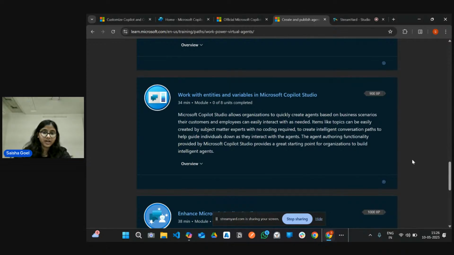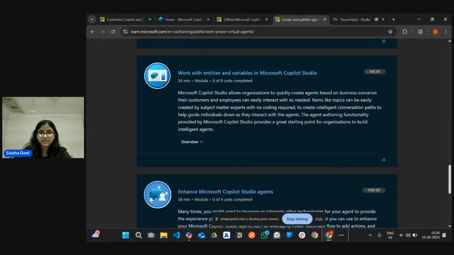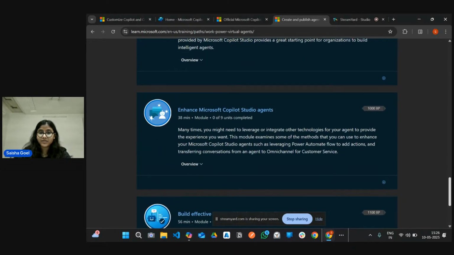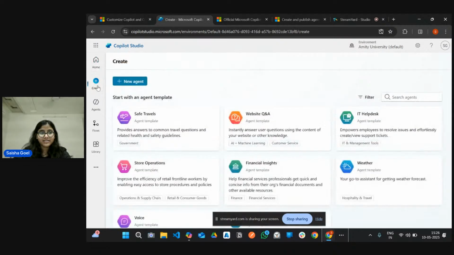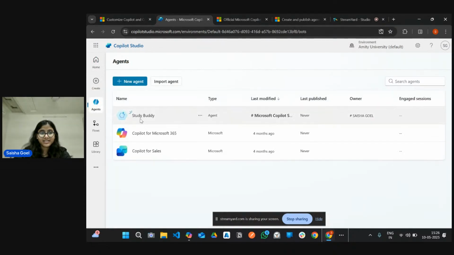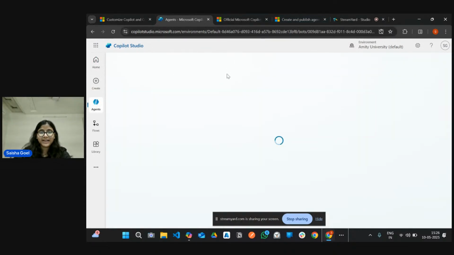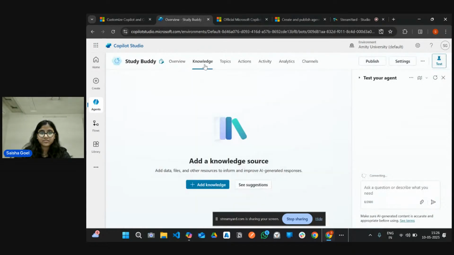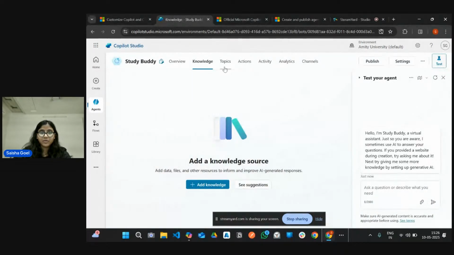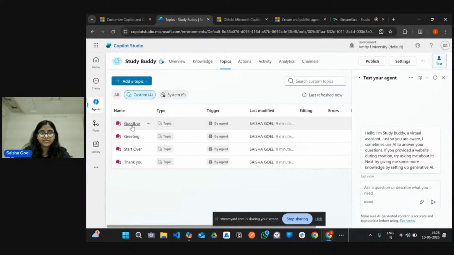As I told you, the library feature in Microsoft Copilot Studio is where you can store all the repetitive stuff. Then we have enhance Microsoft Copilot Studio agents. As you can see, we can enhance our study buddy by adding external knowledge sources and more topics. Right now we only have goodbye, greeting, start over, thank you.